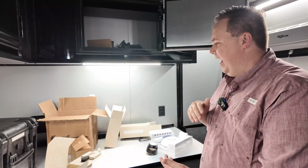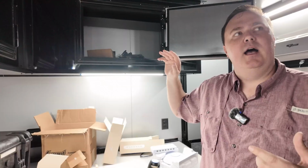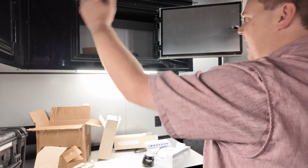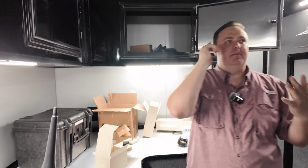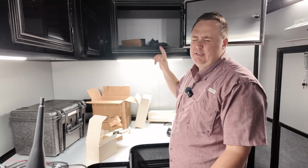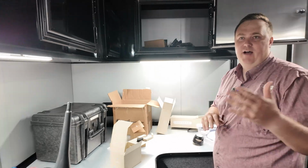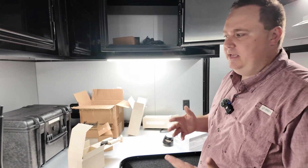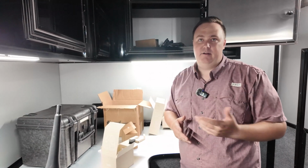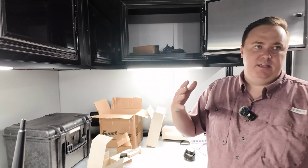What we're actually doing is we're going to be installing 7 cameras in this trailer. I think it's 6. We're gonna have 2 on the front sides aimed back, 2 on the back sides aimed forward, 1 on the back, and then 1 inside. I was thinking 7 because of front, but we don't need 1 on the front. So we're gonna have 6 cameras on the trailer, 5 of which are outside, 1's gonna be inside, and really just for 2 reasons. 1, for security, but 2, for when we're trailering this thing. I mean, we're long. And so having that footage, being able to see the cameras on the trailer and everything,